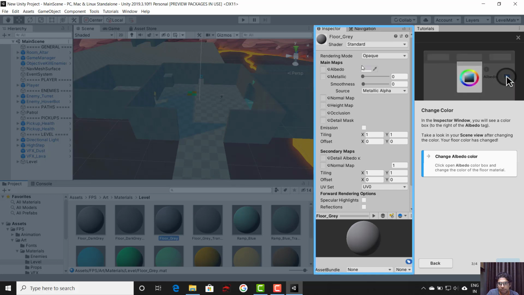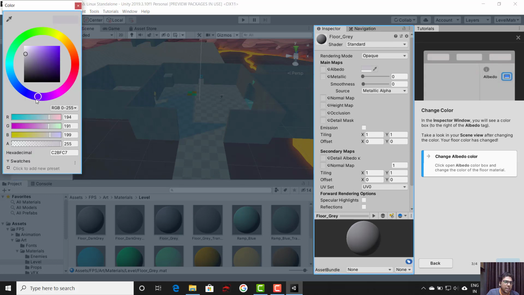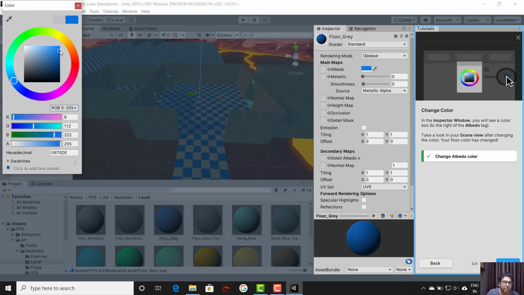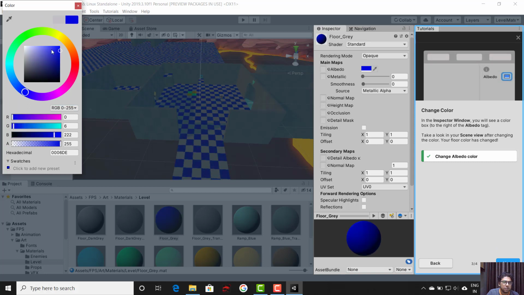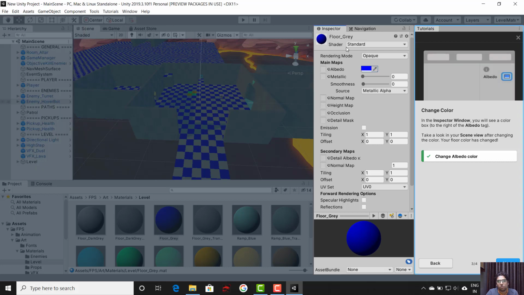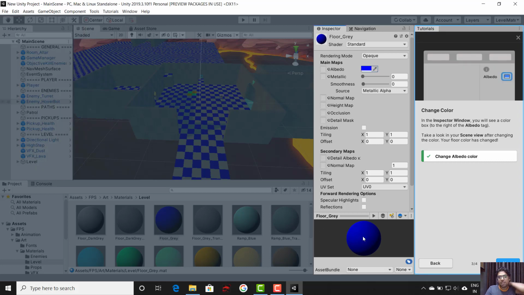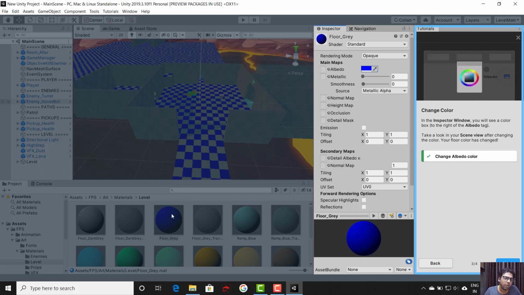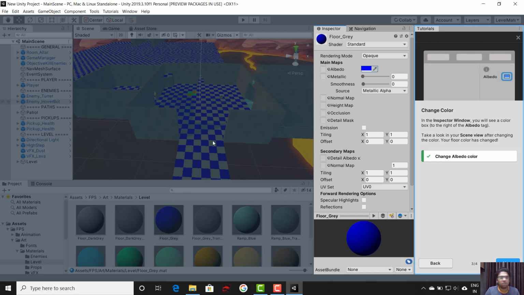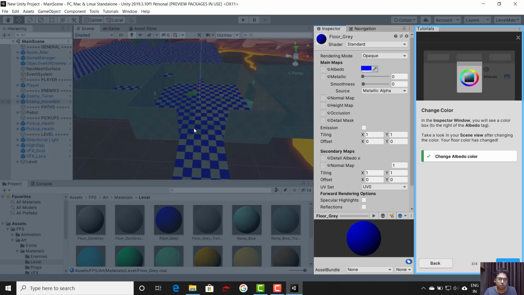So I go to this albedo property and I'll change the value, let's say to this one, right? So extremely blue. Once I close it, can you see that this floor gray material has changed? I've already applied this material to the floor. How I have done it, I'm not going to show right now, but you can apply this particular color on the floor also. So next,